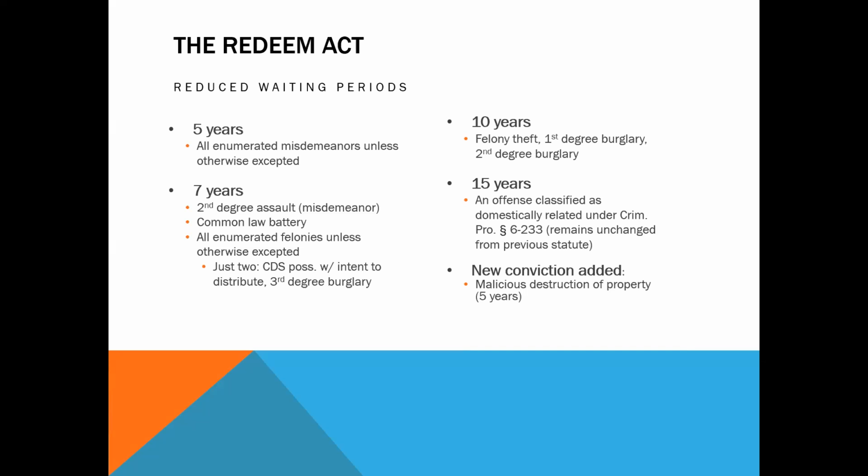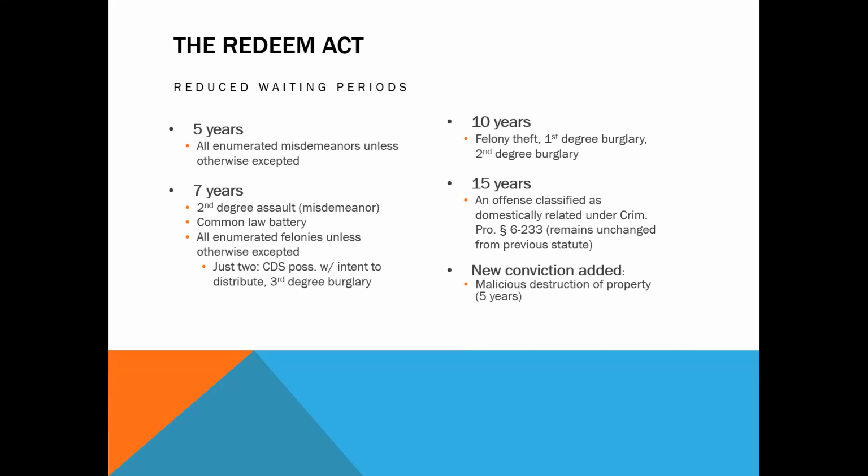It should be on case search if you're viewing an offense. It's actually something I've never seen. I've never come across this domestically related offense categorization in all the expungements I've done, but it is in the statute. It is important to note that it would be a 15-year. If, for example, you want to double check when you're looking at something like second-degree assault, where that might commonly be charged after a domestic dispute, that's something you can keep an eye out for.